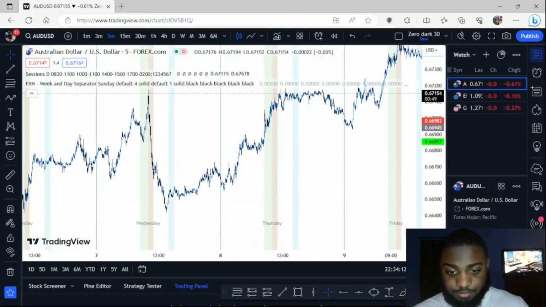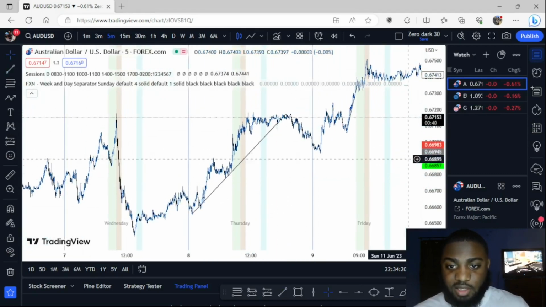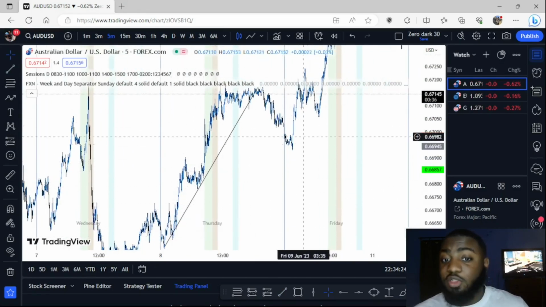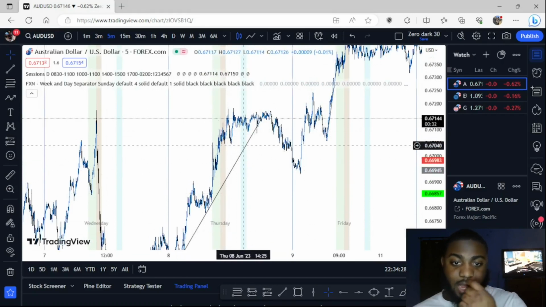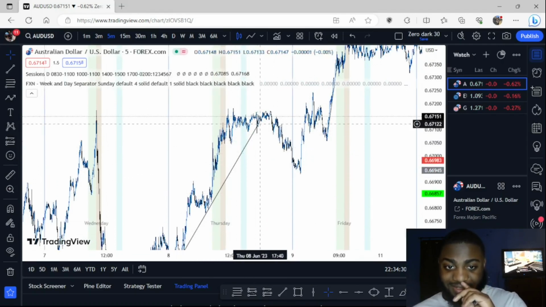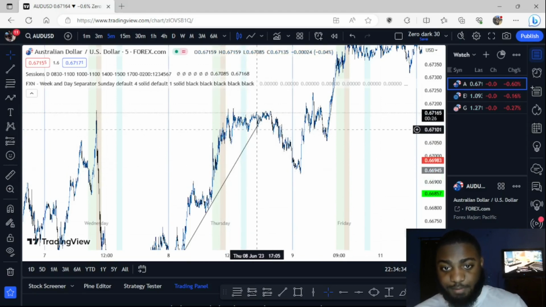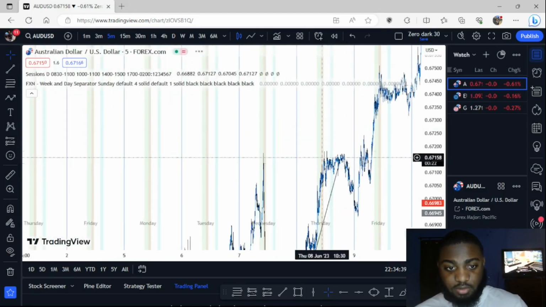For example, this is why you don't see a lot of smart money traders, or any smart money trader, use trend lines. They get liquidated. Because look, the trend line, we're bullish. We're still bullish. But what happened? All these lows in here just got liquidated. So we're only strictly focused on the line. We got a bounce right here. We're like, okay, bet, we got this bounce. Now we're looking to take out something.